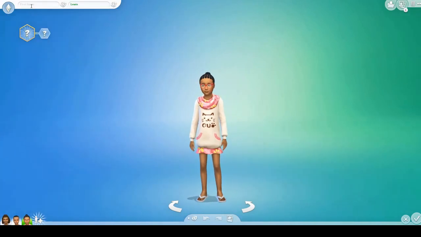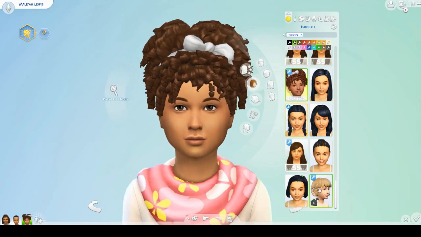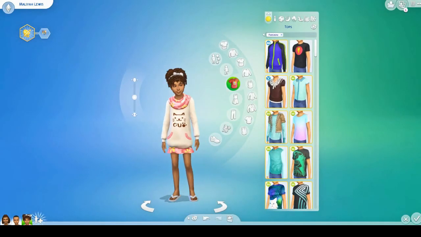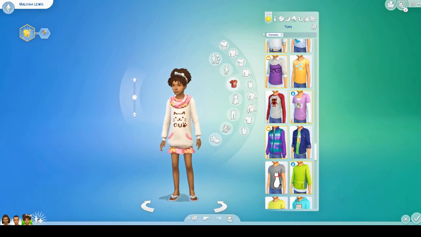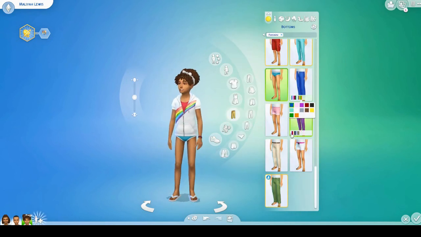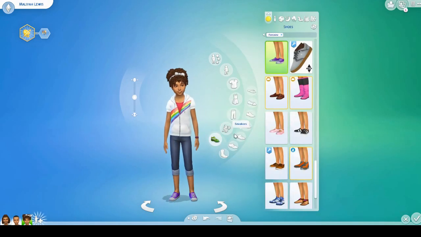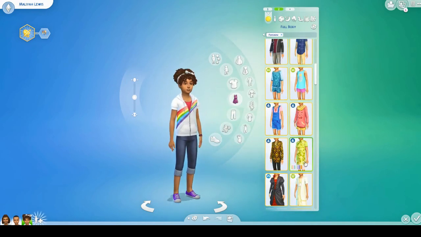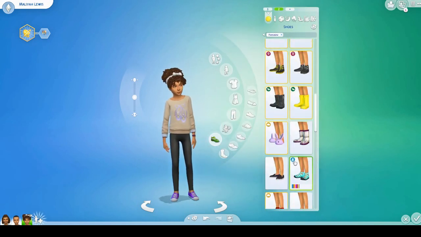And then his sister, Malia. So she is a cheerful sim. I see both these kids being good, well-behaved kids, but they're kind of loud. They like to play, and I think it'd be really interesting to see how Michelle would choose to raise them, because she knows nothing about them. I love this hair, by the way, on Malia. It's custom content, and I'm obsessed with it. I downloaded it and knew that I had to use it right away. So I did 2 outfits for her, and I wasn't sure which one I liked better, so I did 2 and then got rid of the first one because I ended up liking this one more.